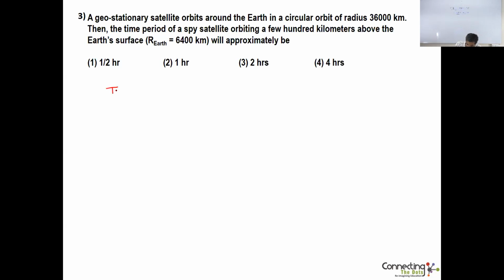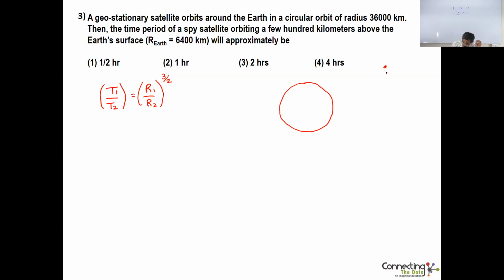which is the relationship between time periods and distance of the orbiting object from Earth. This is according to Kepler's third law. Now let us assume that the spy satellite, which is only a few hundred kilometers above Earth, is at a height of 300 kilometers above Earth's surface. So if this is Earth,